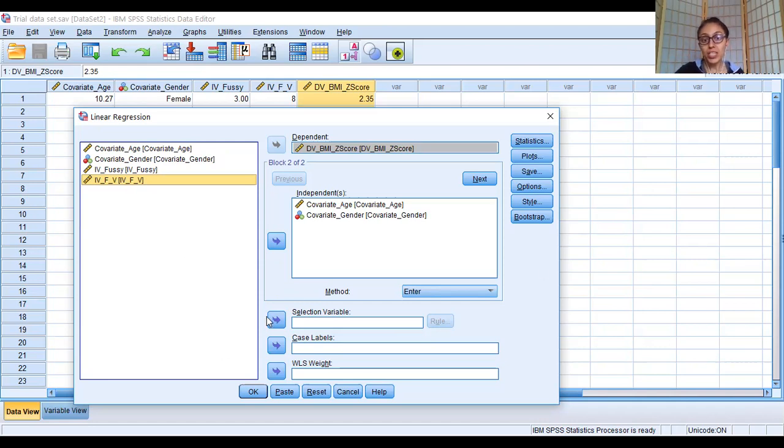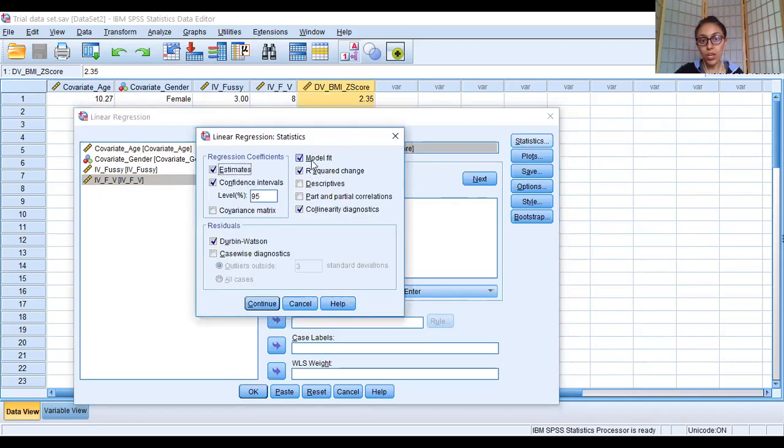All right. So yes, I'm running hierarchical linear regression with the normal entry method. And the next step is where I add my independent variables. Then the statistics which I want to do are model fit, R-square change, collinearity diagnostics. All of this, what it means, is part of another unit. Estimates, confidence interval. I want to do Durbin-Watson as well.